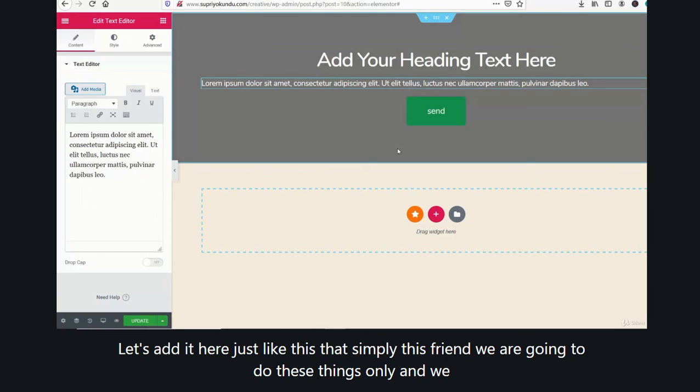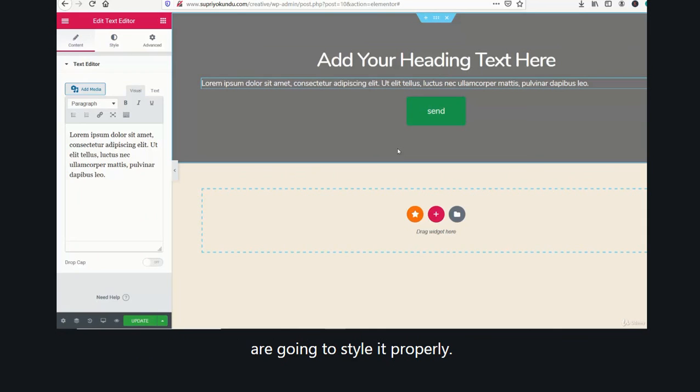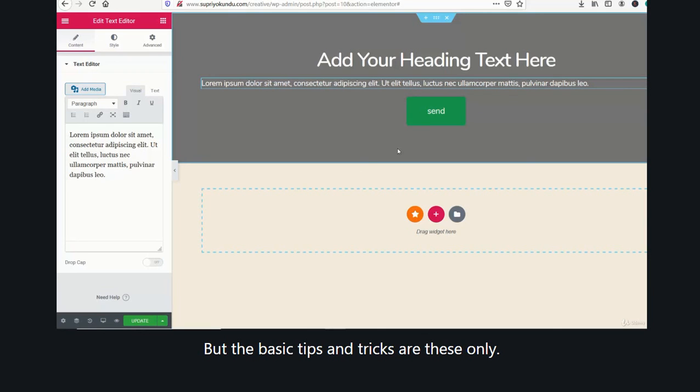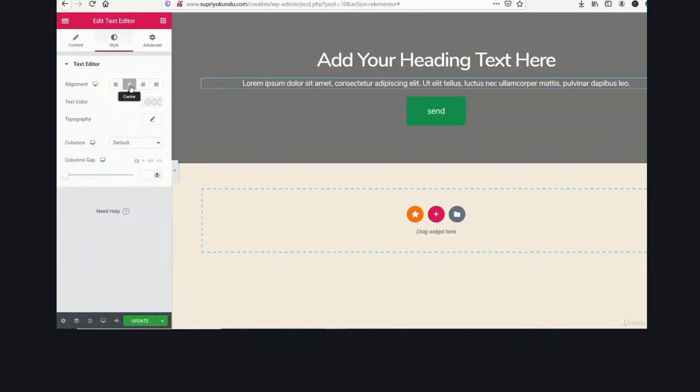We are going to do these things only, and we are going to style it properly. Of course, yeah, we are going to create a professional website, but the basic tips and tricks are these only. All right. So that's it, guys. Yeah, one more thing. Let's center it properly. All right. Yeah, now it's got centered. It's now a hero area. All right.